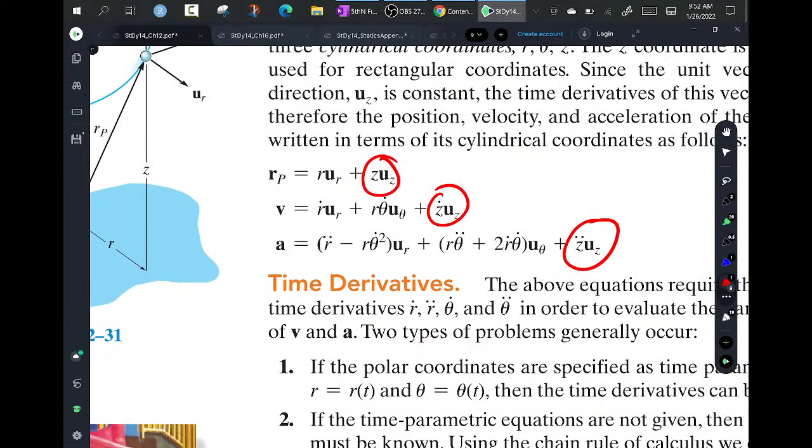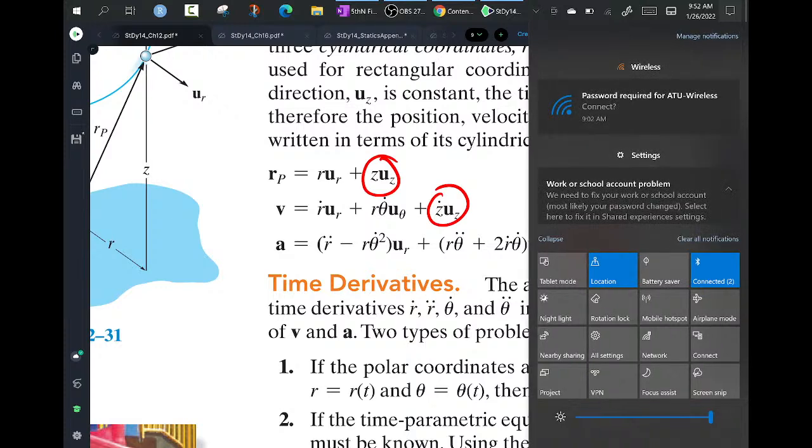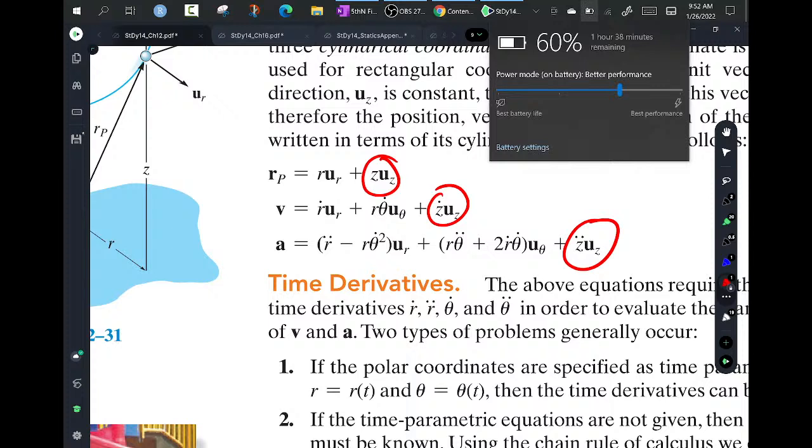So what's my battery at? Oh, I'm over my time. And my battery's, what is my battery? So I guess we'll call it quits. Where is my battery? Oh, it's getting low. I guess I'm going to have to bring my own extension cord in here. At least it's a two-prong cord, so